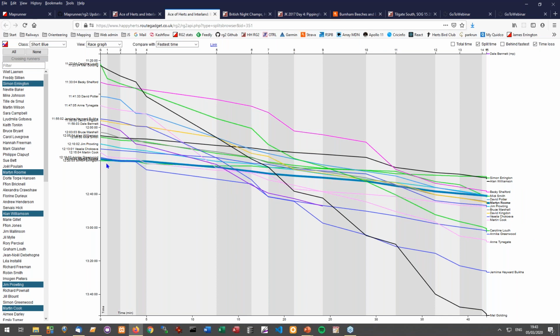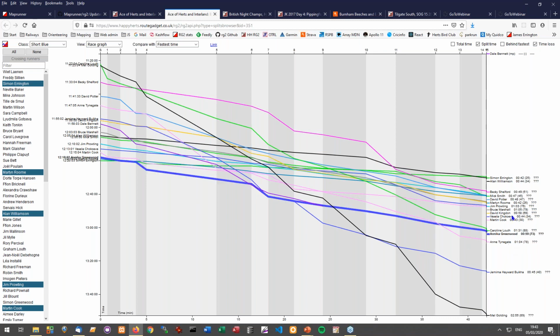So you can see I started here at the bottom, and all these people, somewhere in the forest I passed. So again, if you're trying to find out who you saw out there, this is a very straightforward way of seeing all the people that you overtook. So, well, from the weekend, I definitely remember running with Mick for half a leg.